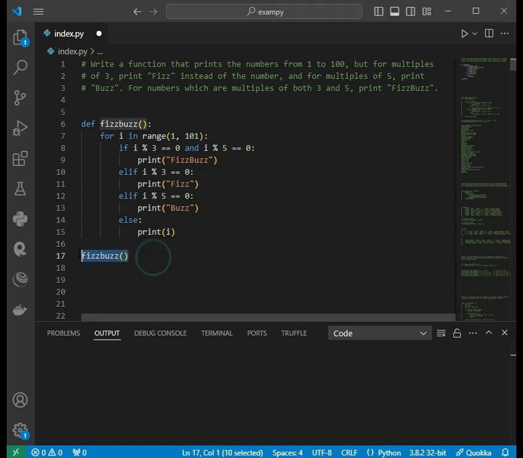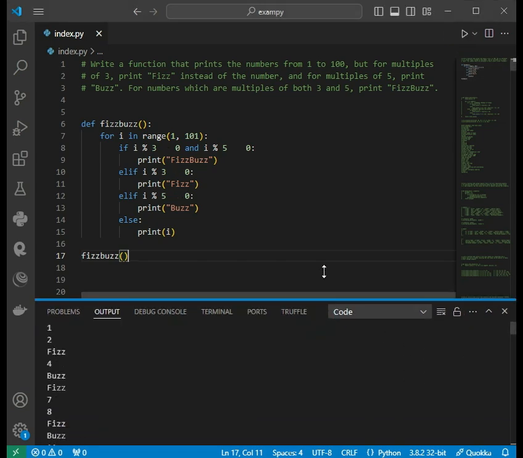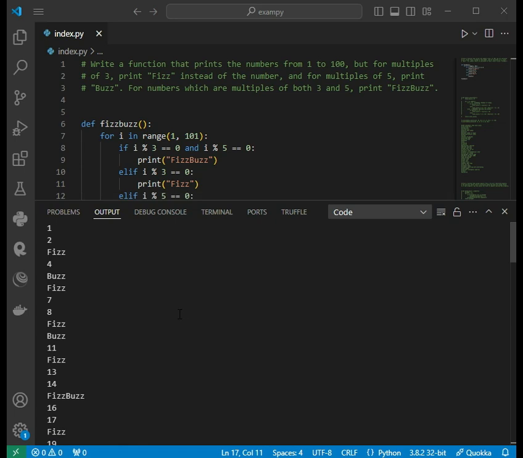And finally the function is called with fizzbuzz, which executes the logic for all numbers from 1 to 100. So let's run the function. So when that fizzbuzz function is called, it prints a sequence of numbers from 1 to 100